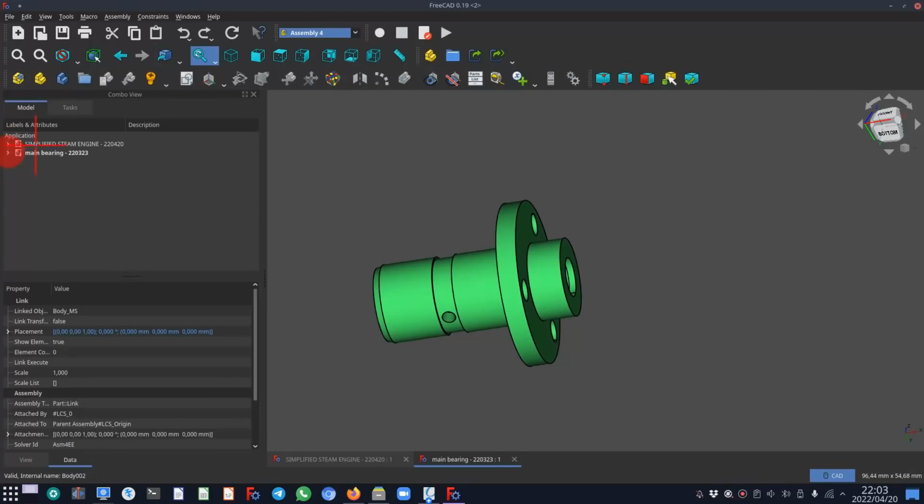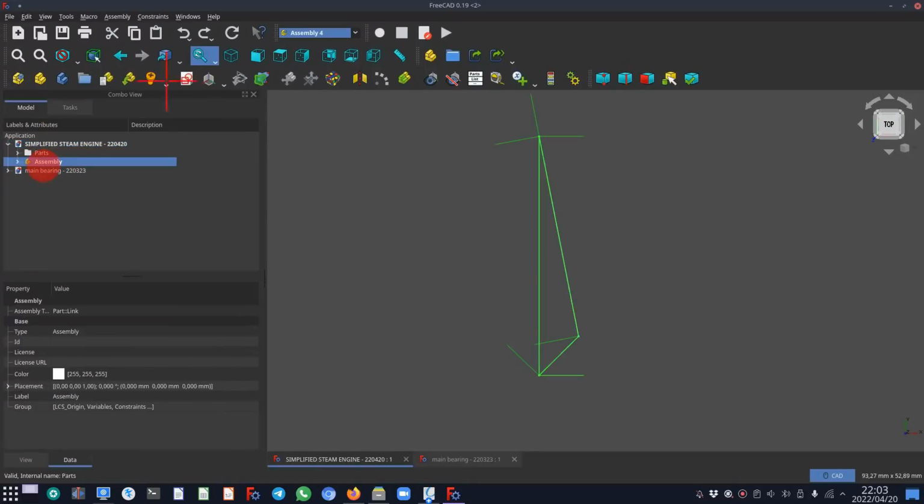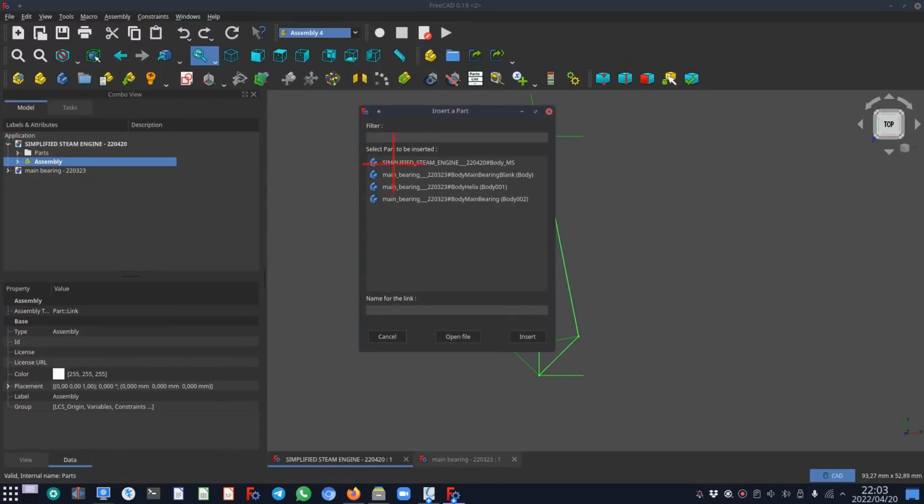Okay, and now we do our insert test check, and there you can see main bearing, and there are three possible bodies that we can import. The one we want is this body 002. We don't want the main body main bearing blank. We also don't want body helix, we want body main bearing. Okay, so if we click on that and we say insert,